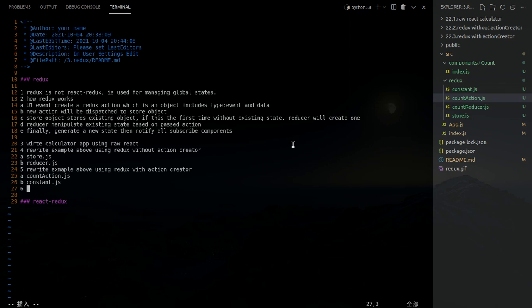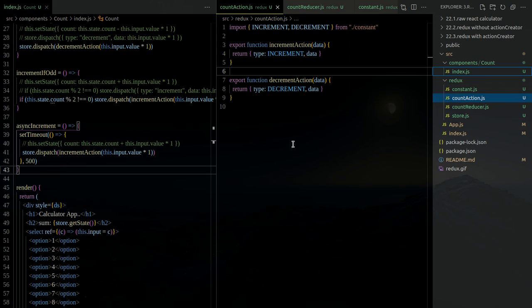And the last thing we're going to talk about is this: based on what we have learned so far in this class, you are already able to create your own Redux, right? But there's one more thing, an example about using an async action creator. If you take a look at my code in detail,